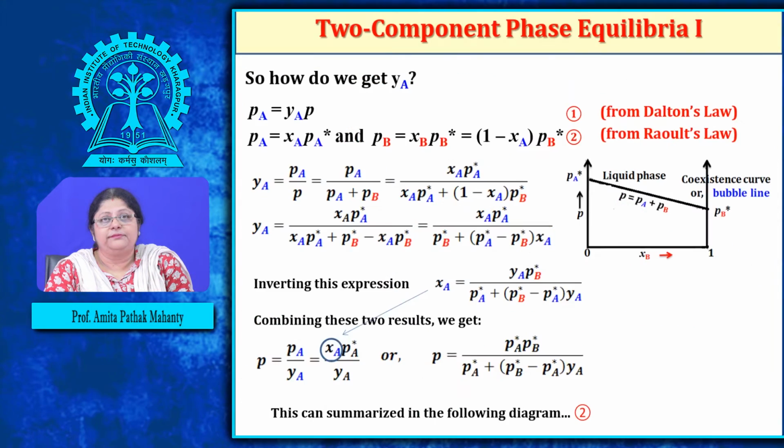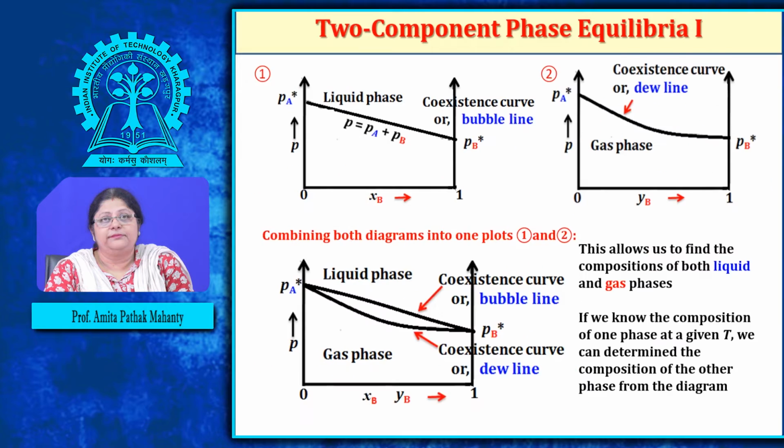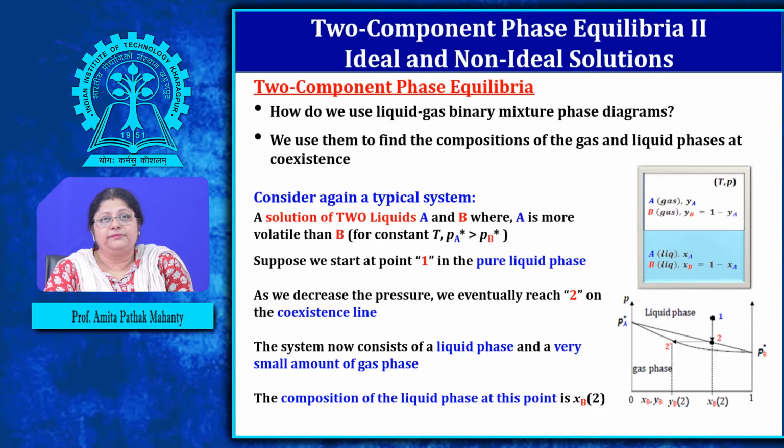So this part you have understood, the vapor pressure curves, two component vapor pressure curves. One we are plotting with respect to the mole fraction in the liquid state and the other with the mole fraction in the gaseous state. Is this part clear? Have you got any questions here? No, ma'am. Okay. So now we are going to look into the phase diagram